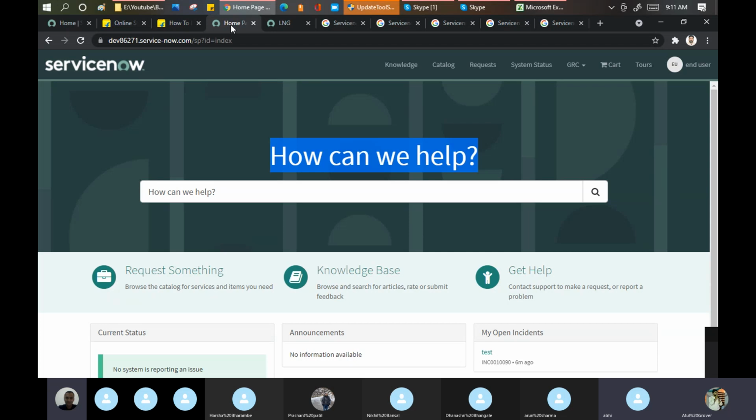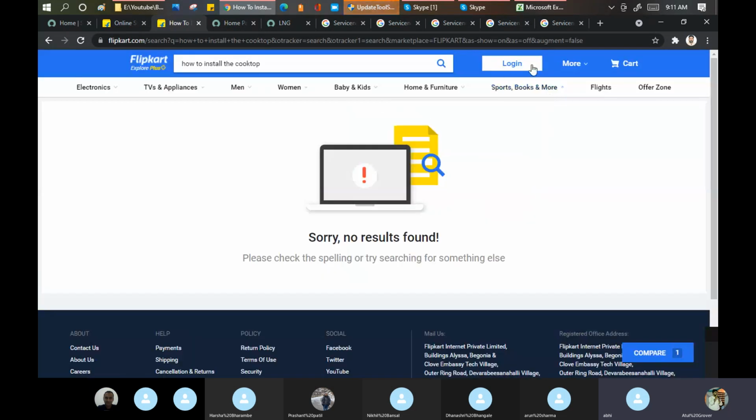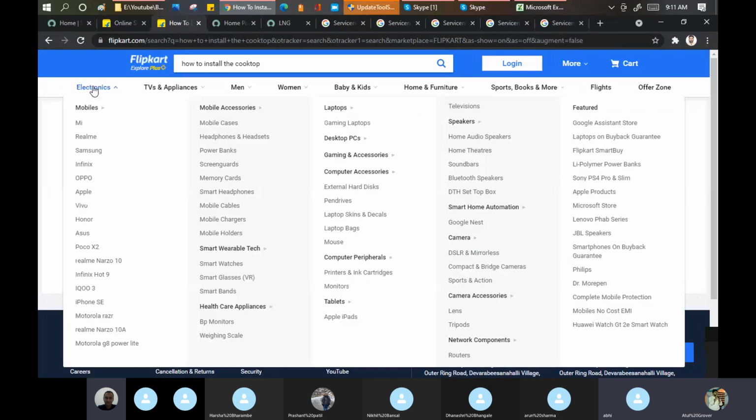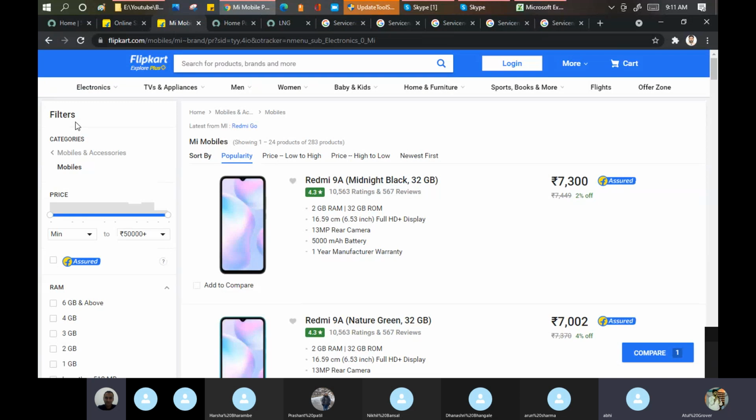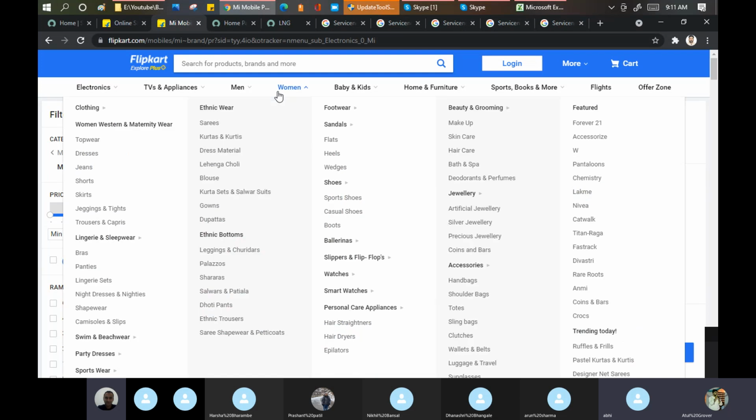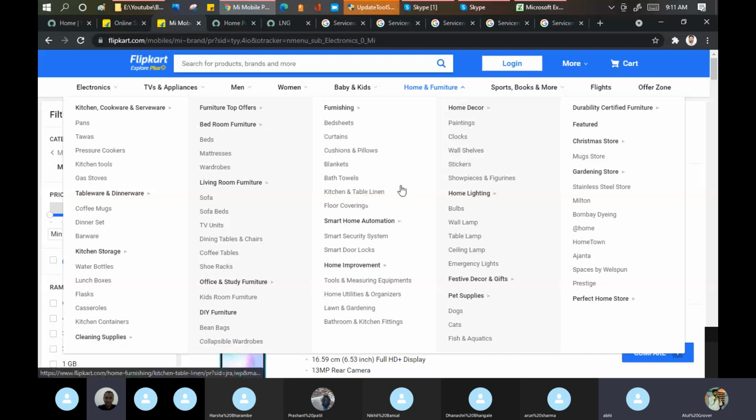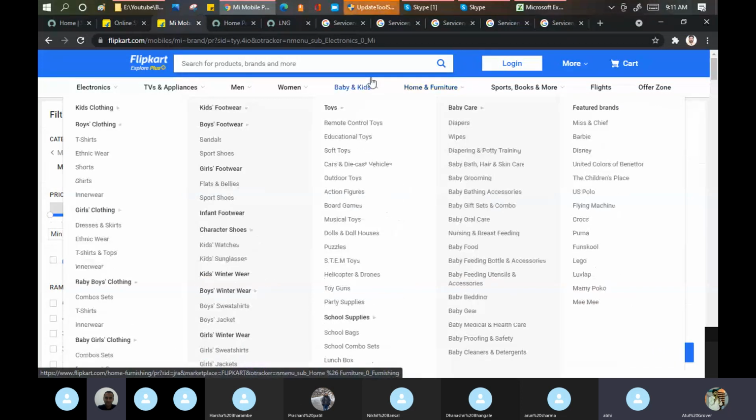As the end user, you cannot do anything. Can you make a change in the Flipkart website? Yes or no? No, because you are an end user here. You are here just to use it, not to modify something. As with Amazon or Flipkart, you can see what you want, but you cannot make any changes here. Clear? Yes, sir. Okay, good.